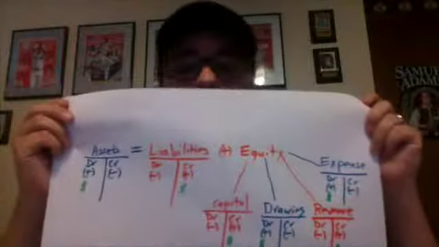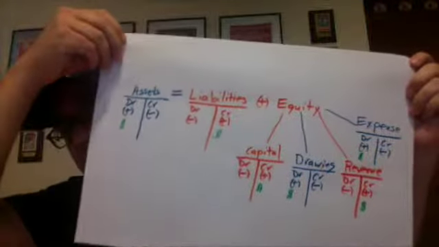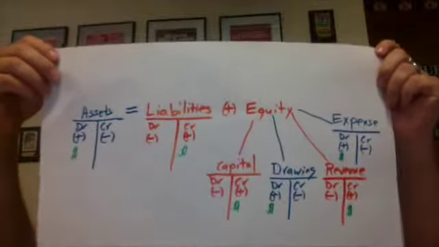And if you look in your book on Chapter 1, you'll see how stuff flows from the income statement into the statement of retained earnings or statement of owner's equity, depending on which one they mention, and then into the balance sheet in retained earnings. Any way you look at it, revenue, expense, drawing, and capital all eventually end up in the equity section of the balance sheet one way or another. So, I've come up with this diagram. And you can see in this diagram, which I'm trying to hold up and talk to at the same time,